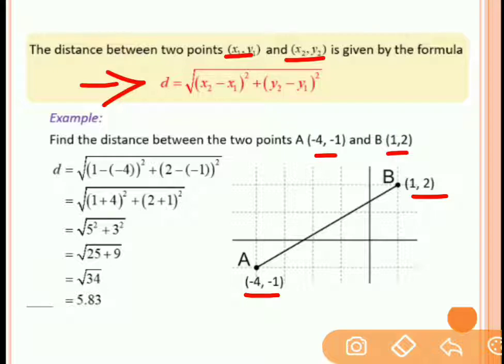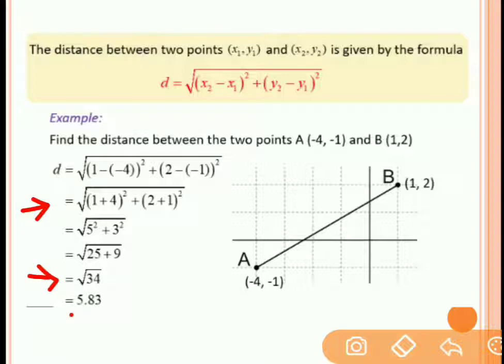So we have to take the difference between the x coordinates. The difference between the x coordinates is 1 minus (minus 4), the whole squared, plus the difference between the y coordinates. The difference between the y coordinates is minus 2 minus (minus 1), the whole squared. So you will get this distance as the square root of (1 plus 4) squared plus (2 plus 1) squared, and finally by solving this root you will get the answer as root 34,